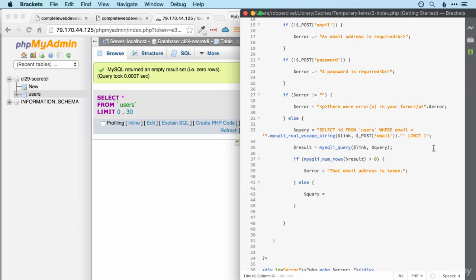So let's run our query. This is going to be insert into users, and we're inserting two fields, email and password, and the values for those fields are going to be the email address, which we've already got escaped right there,